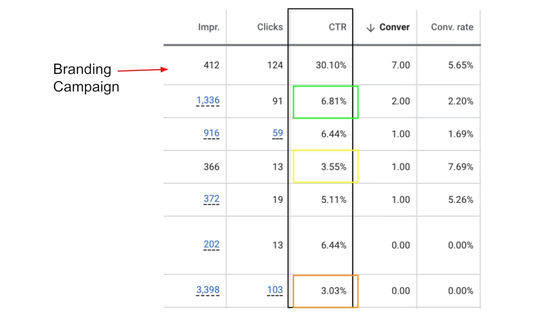But here it's 3.55%, so it's about half of the other one. However, like I'm saying, this one only has 13 clicks, so it's still learning. And kind of an insight on this campaign, opposite of the branding campaign, this is actually a competitor's campaign. So you want to be a little careful when bidding with competitors, just because